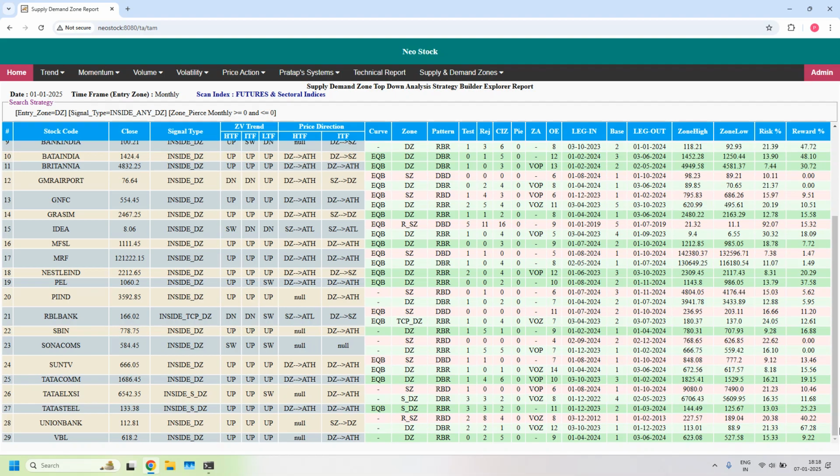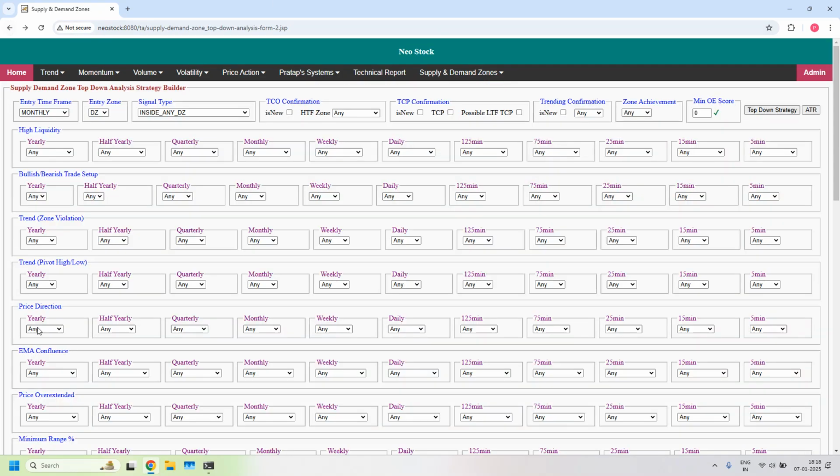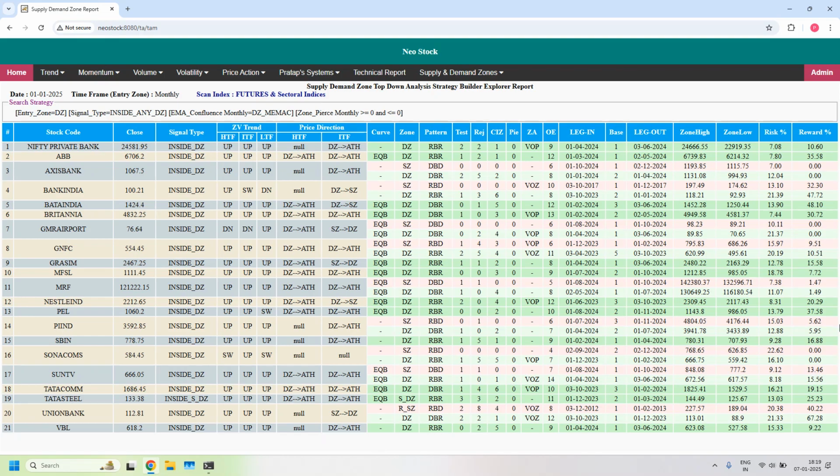We can further filter this list based on how many of these monthly demand zones are having monthly EMA Confluence. So in the EMA Confluence at monthly time frame, monthly demand zones having monthly EMA Confluence. So 21 stocks. Okay, next,